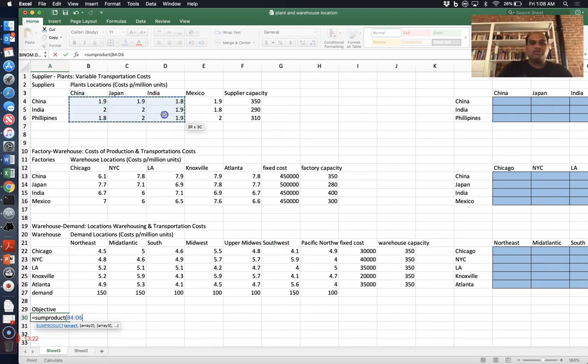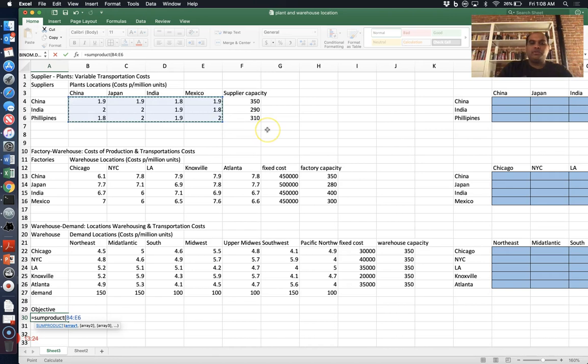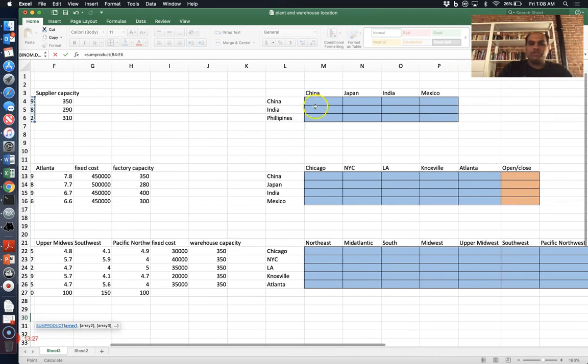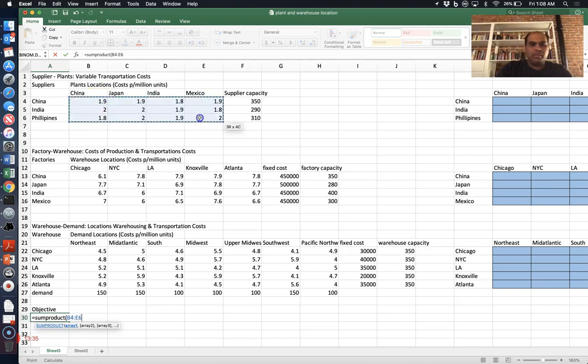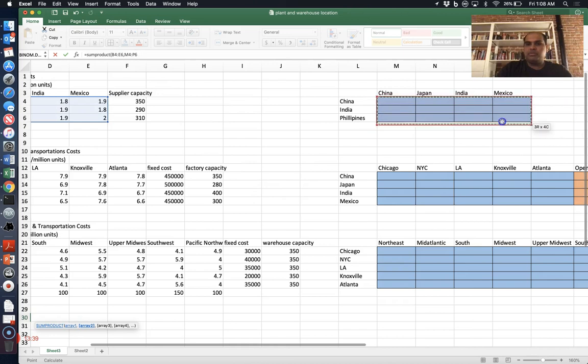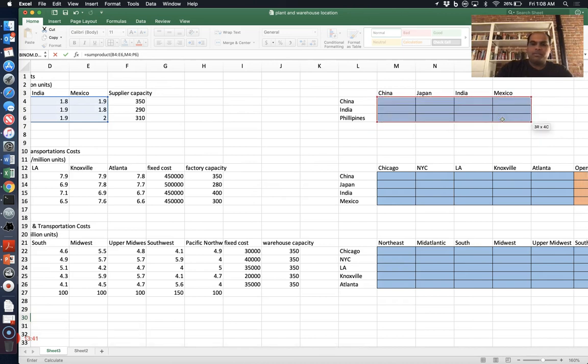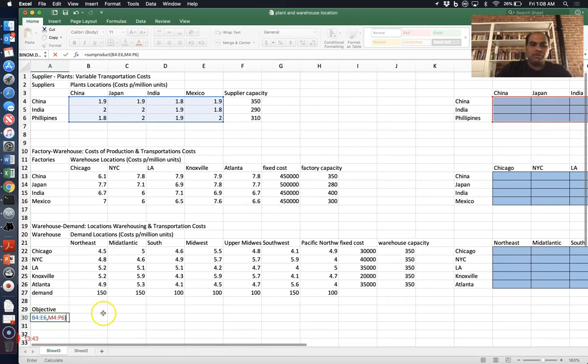So this is the cost of transporting from your supplier to your plant locations, the cost of transporting, comma, the corresponding decision variables. That's the first sum product function for the first stage of the supply chain, plus